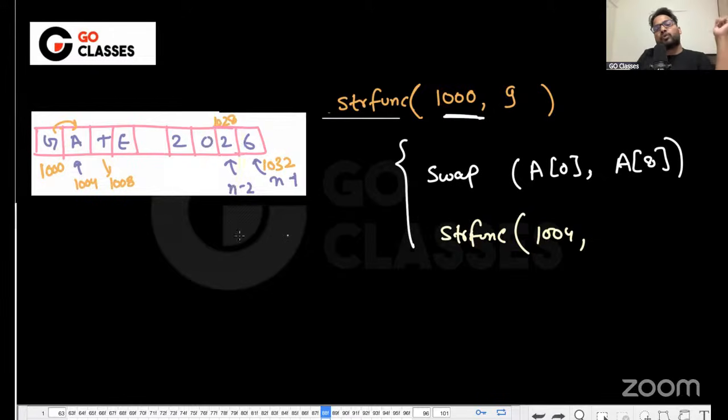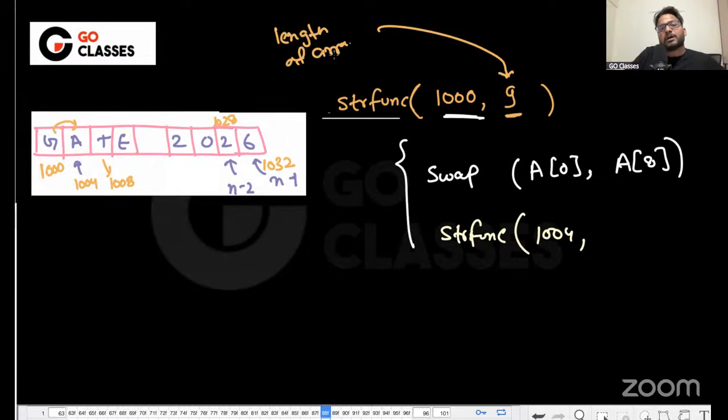So what should you be passing here? In other words, you can think like this: you are always passing the length of the array. Now you want to decrement the length by 2, one from here, one from here. So that's why you should now be passing